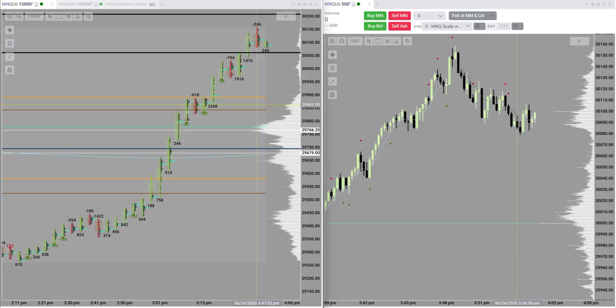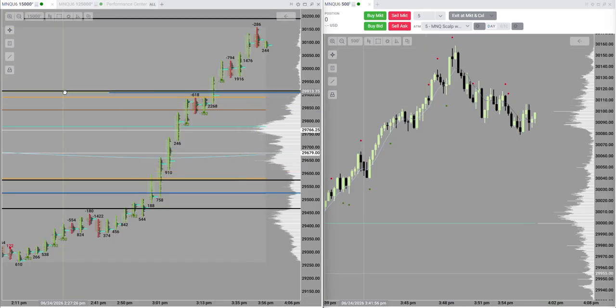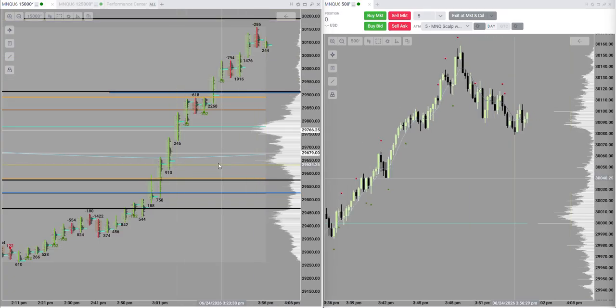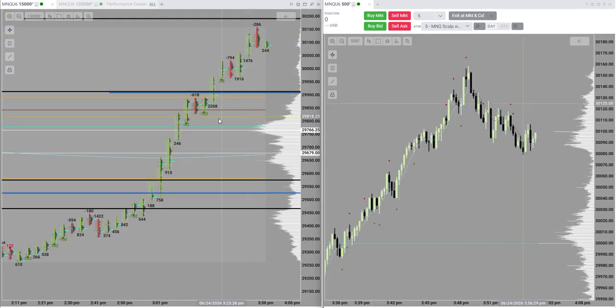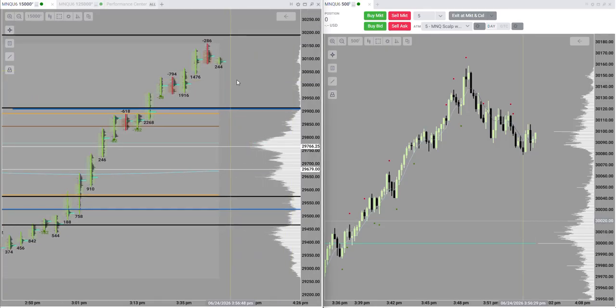Oh, I've got to get all those new levels over here. Hold up. All right, there we go. Now we've got our levels from our 15-minute chart on. I'm going to unsync that now because sometimes I'll draw levels on the daily volume profile. I then use those for levels. But